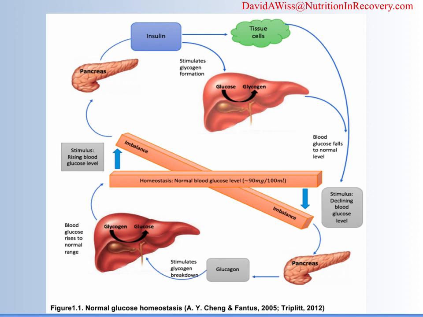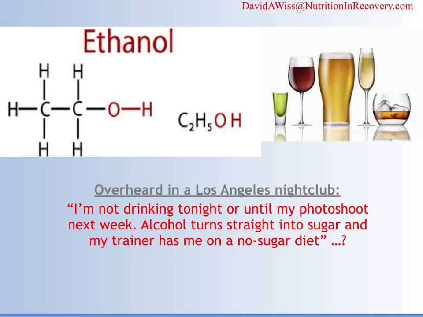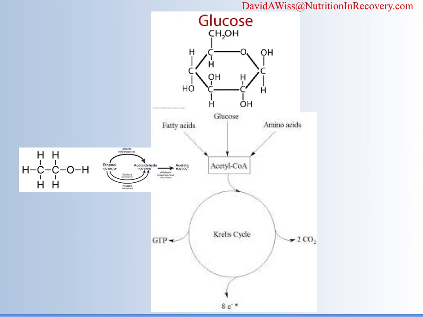It involves multiple organ systems, the pancreas, hormones like insulin, adipose tissue, the liver, and it's going to be different from person to person. It's also important to know that there's a common misconception that alcohol turns into sugar, and it's physiologically impossible. Ethanol is a 2-carbon molecule, also known as alcohol, which enters the Krebs cycle by way of acetaldehyde and acetate, which is similar to the end product metabolism for glucose, but they are not the same molecule. Alcoholic beverages can have a lot of sugar in them, but ethanol itself does not turn into glucose.